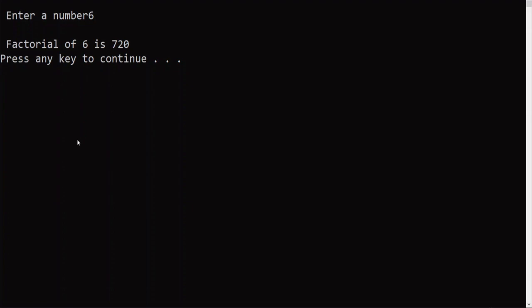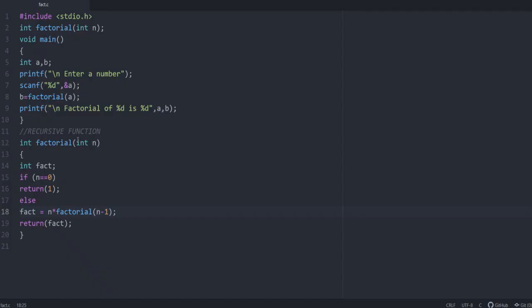Then 360 into 2, that is 720. So this is how factorial is calculated, and we have already discussed the program with a simple loop. But this is a function which is recursive in nature, and this statement makes it recursive because within that factorial function, the same function is called again. Such functions are called recursive functions.